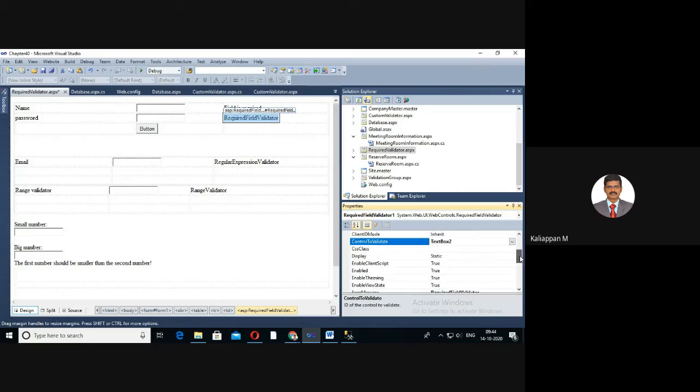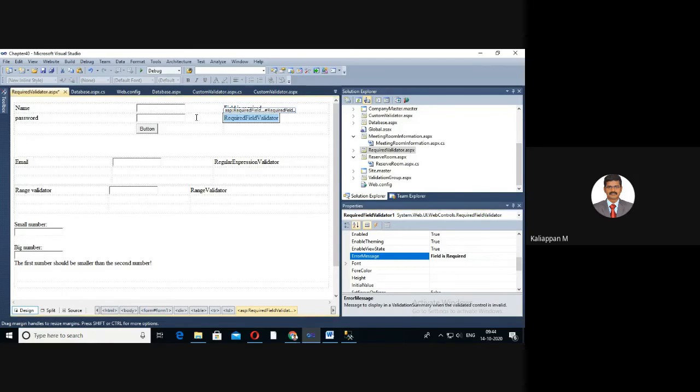Then give your error message, field is required. Any message you can give.